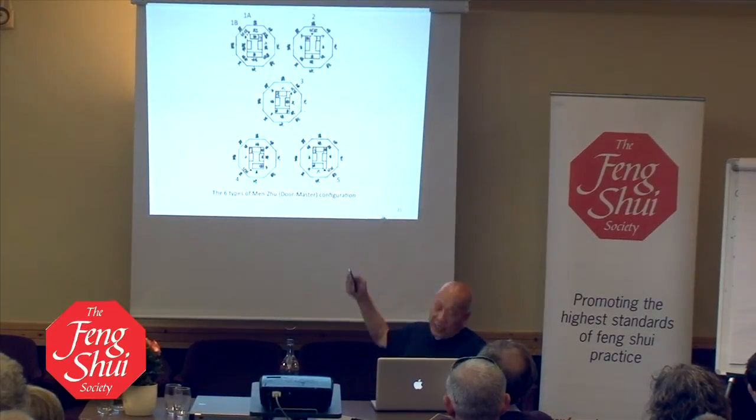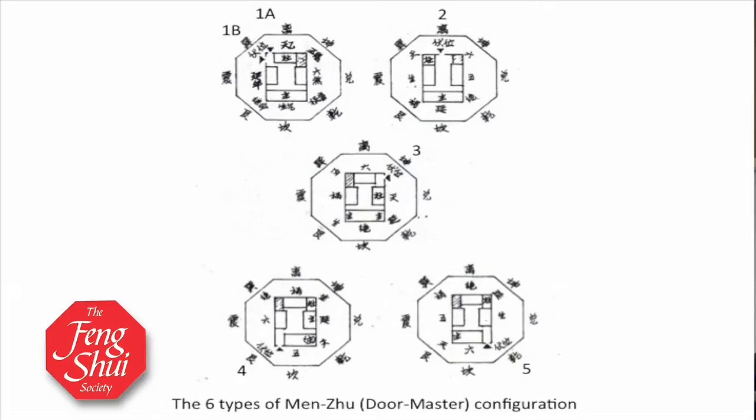Number 3 is the Kun door. Kun is the southwest, and Chen master is the northwest. Now, instead of going through these details, what I'm basically trying to say to you is that